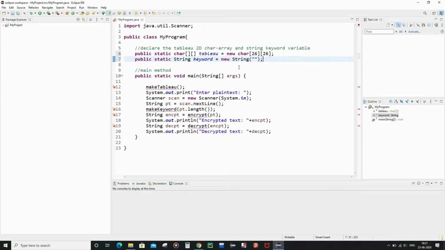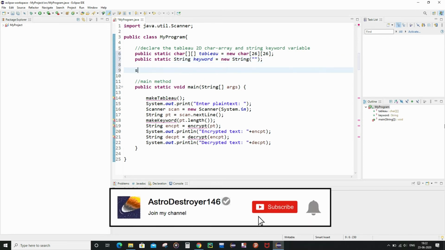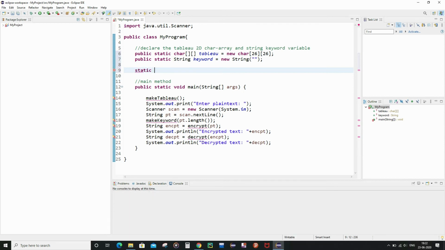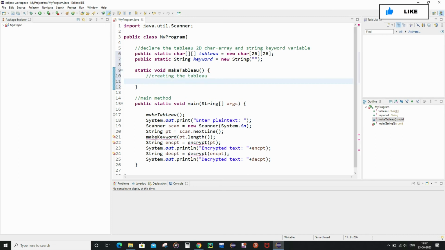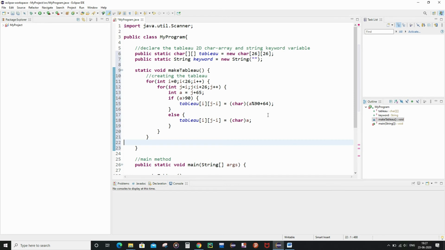Now we are going to write the tableau function. So as you can see, we had finished writing the make tableau function.